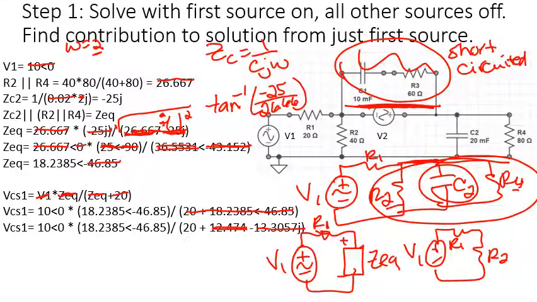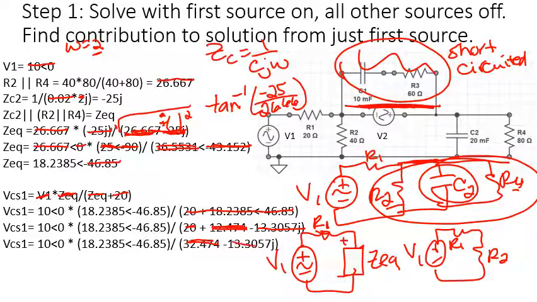I can now combine terms. I have two real terms in my denominator, 20 plus 12.474, and only one imaginary term, only one j number. The 20 plus 12.474 gets me this. Everything else stayed the same. And now that I have a single real number and a single imaginary number, I can make that into phasors,